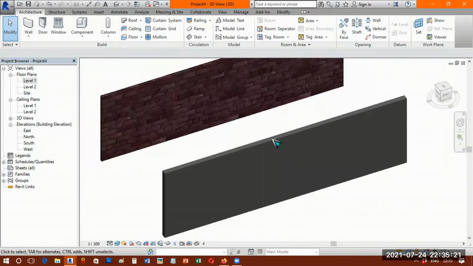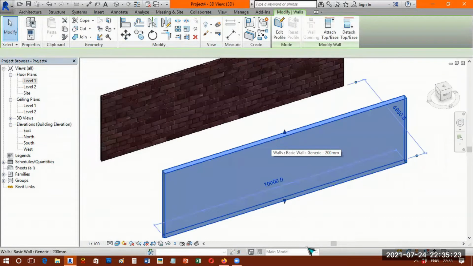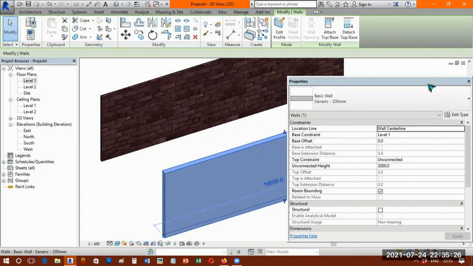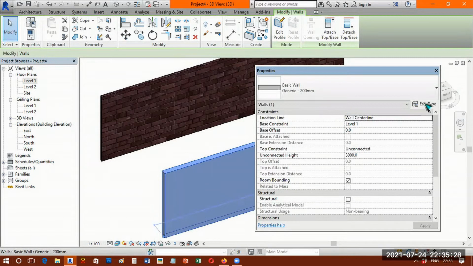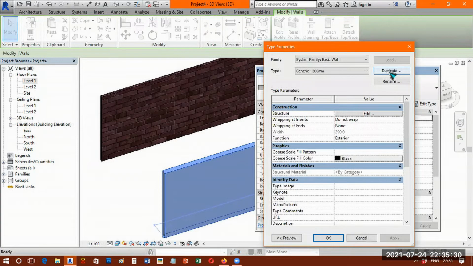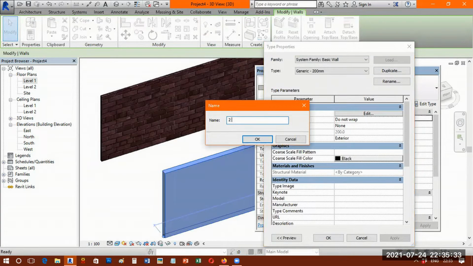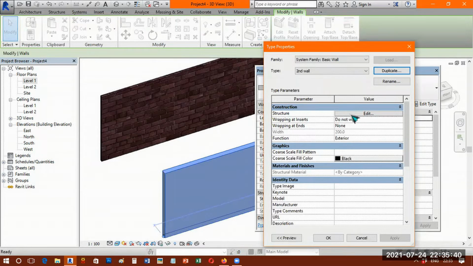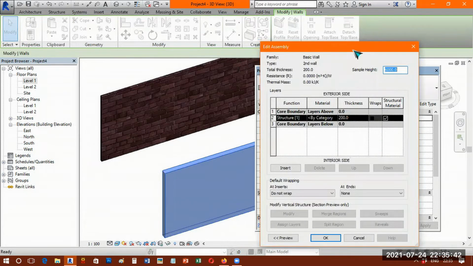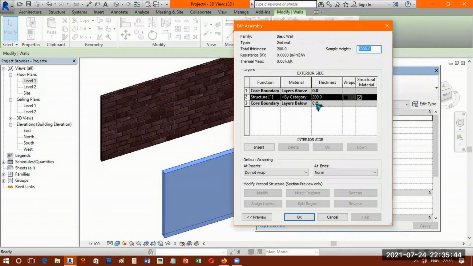For this wall, let us see, select this wall, right click, properties, again go back to edit type. In this, better to duplicate. I'll call it second wall. Okay, I say done. Now here I go to structure. Please note that this wall thickness is now 200 mm, but external plastering and internal plastering we can apply with a few thickness, and we need to assign different materials.